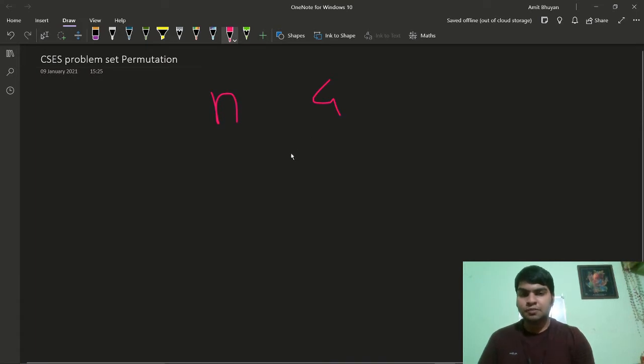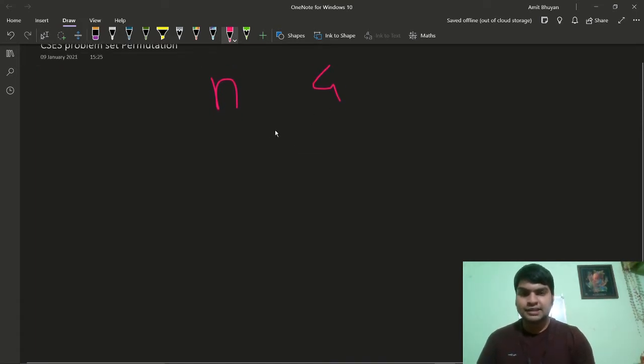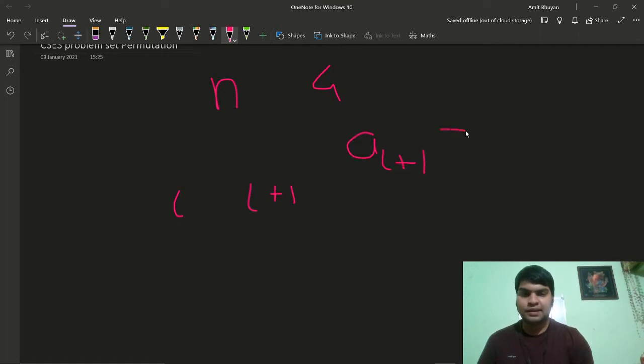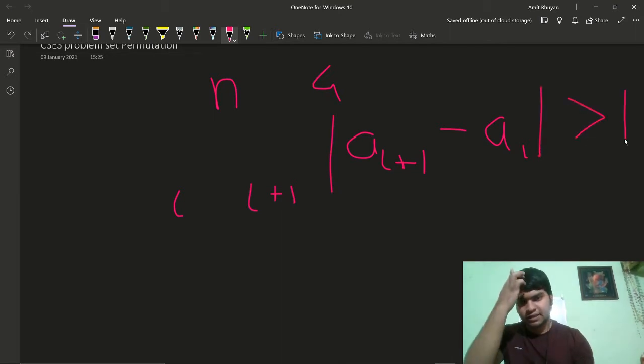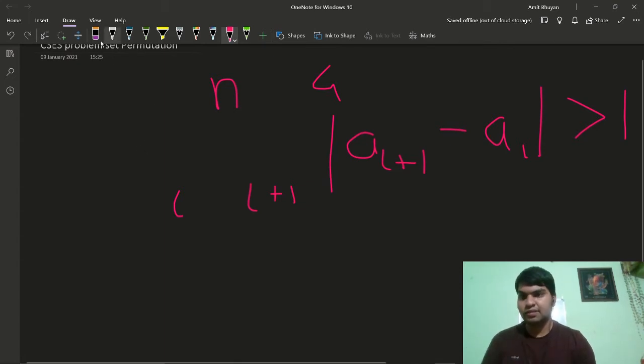You have to place all elements such that the difference between two indices, I and I plus 1, satisfies the given condition: the mod of a of I plus 1 minus a of I should be greater than 1. This is what the question is saying.